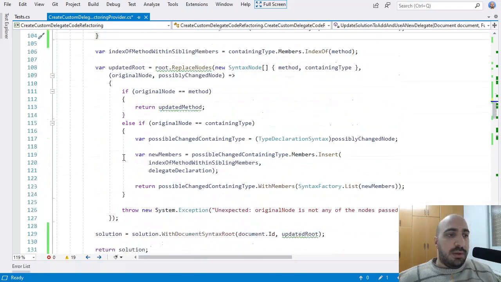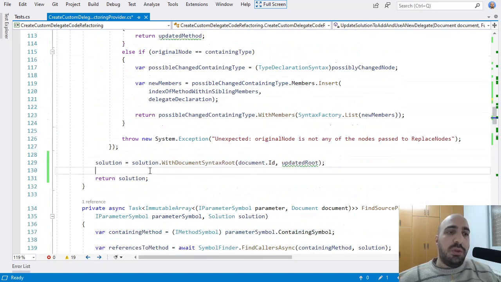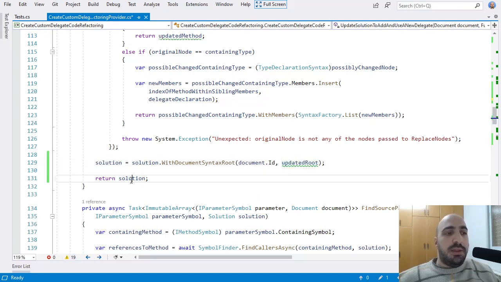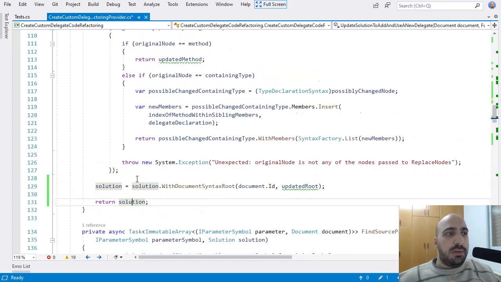Okay. Now here we used to return an updated document. But here, because the refactoring now might update multiple documents, we are updating the solution to change the root node of the document, which contains the parameter we want to refactor, to be this updated root here. Okay, and here we return the updated solution.